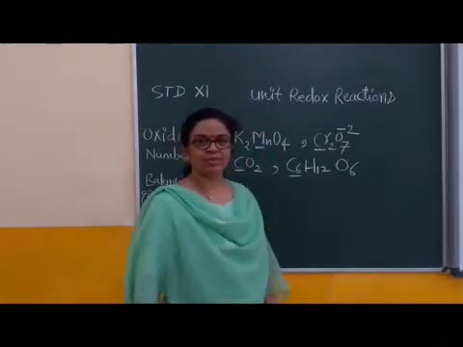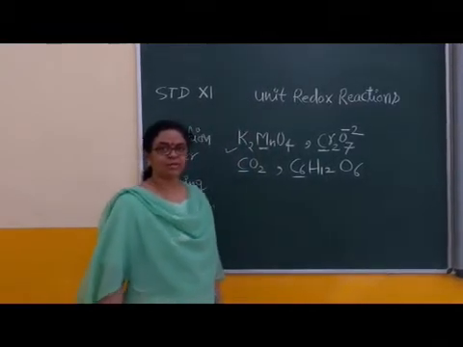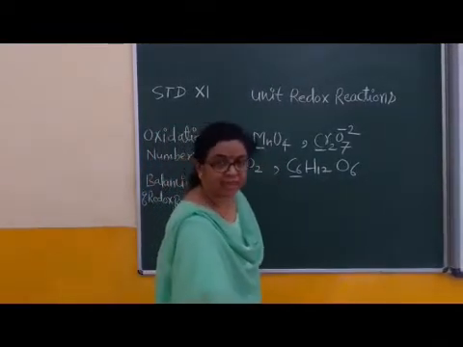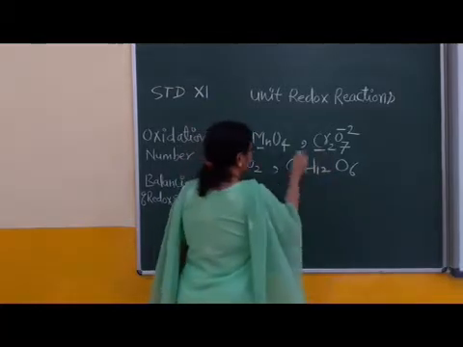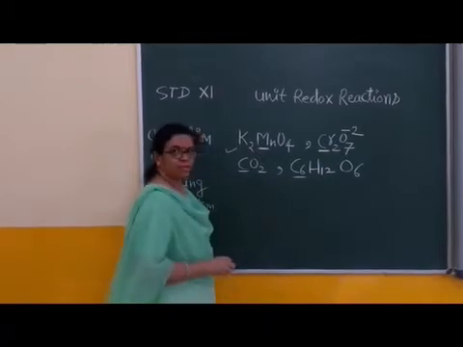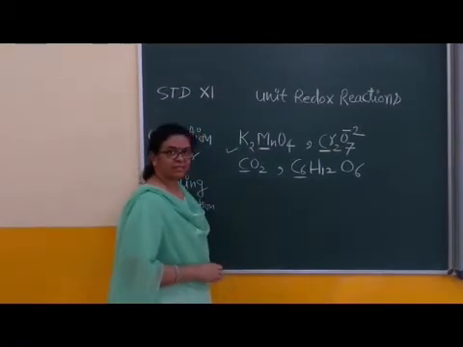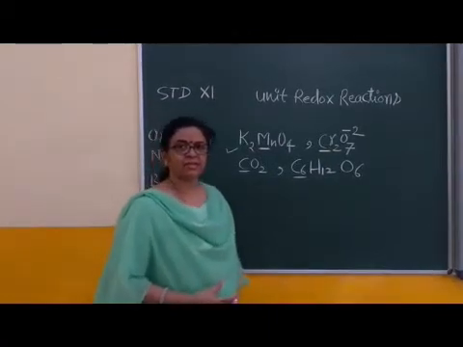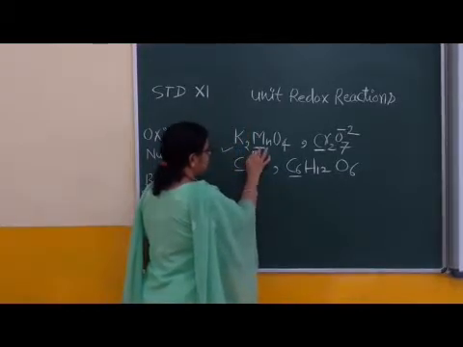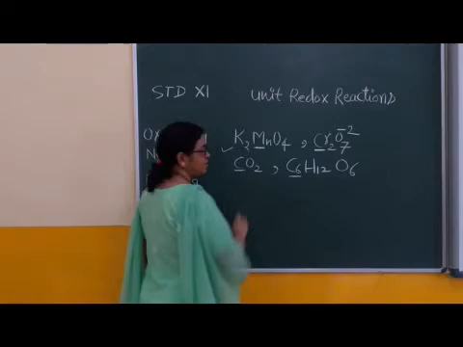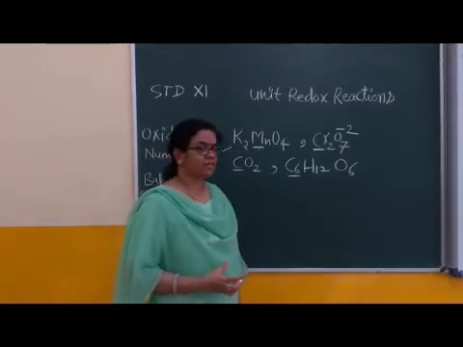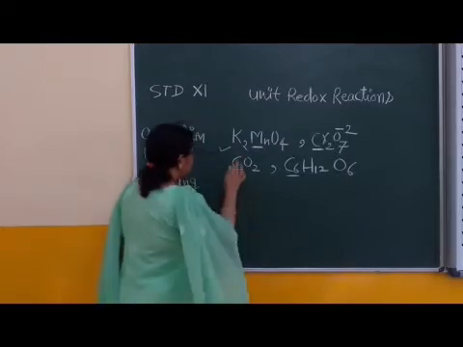Good morning dear students. Today we are going to discuss the determination of the oxidation number of the underlying element in any molecule or molecular ion. First one is K2MnO4, which is potassium manganate. Potassium permanganate is KMnO4. Here the underlying element is Mn, manganese, right? First is the determination of the oxidation number of manganese in K2MnO4.